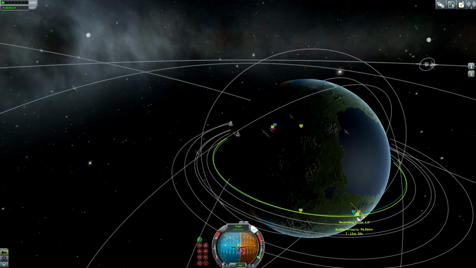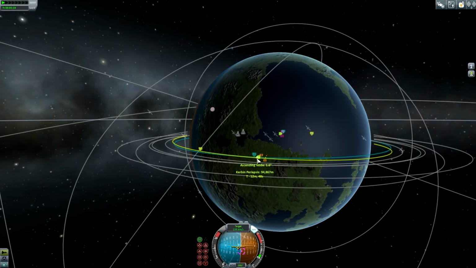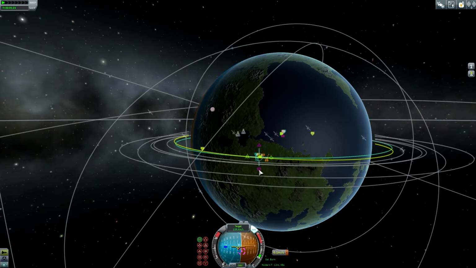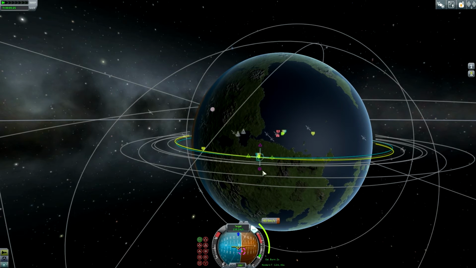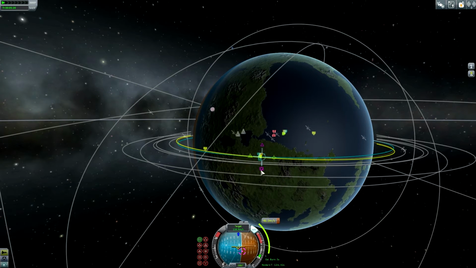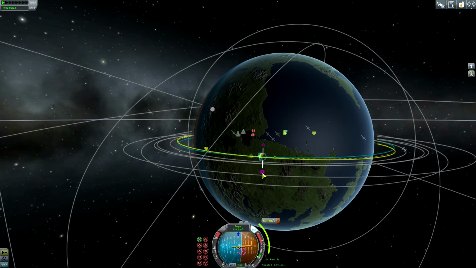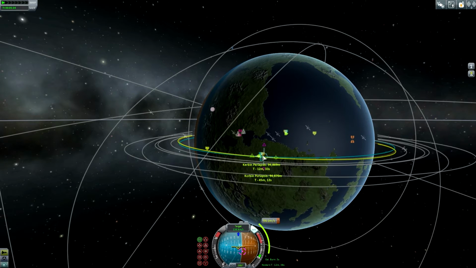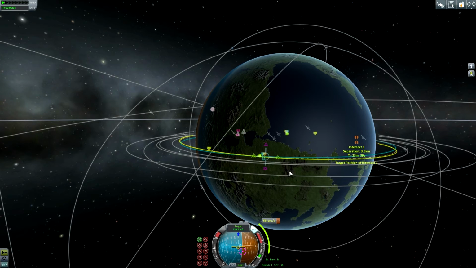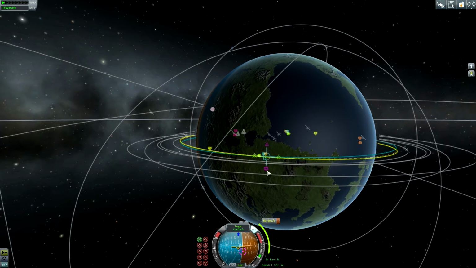There's my apoapsis, there is my ascending node. I'm off by 1.6 degrees, so maybe I can change this a bit. This is the ascending node, so I can change things around like this. 0.5, 0.4, 0.4, 0.3, 0.2, 3.5 kilometers, that's great. 0.2,